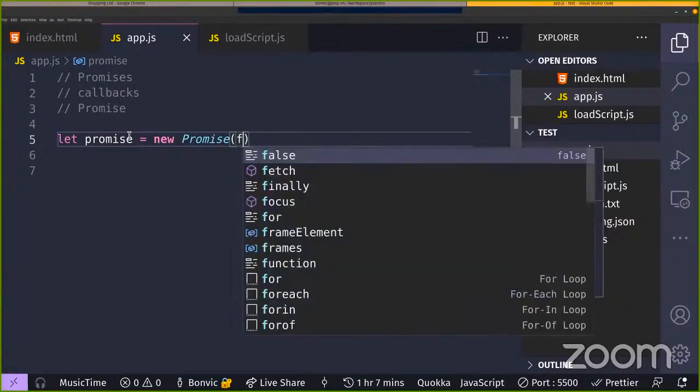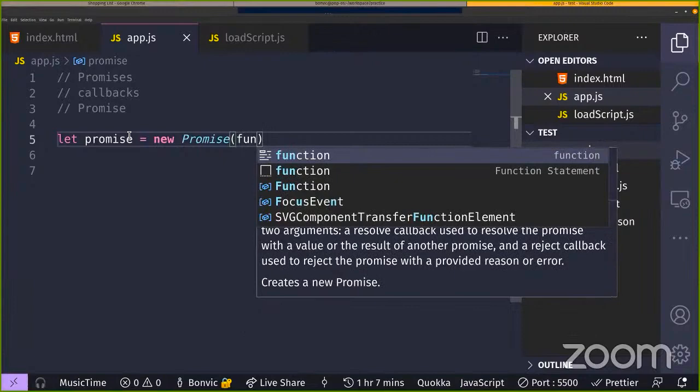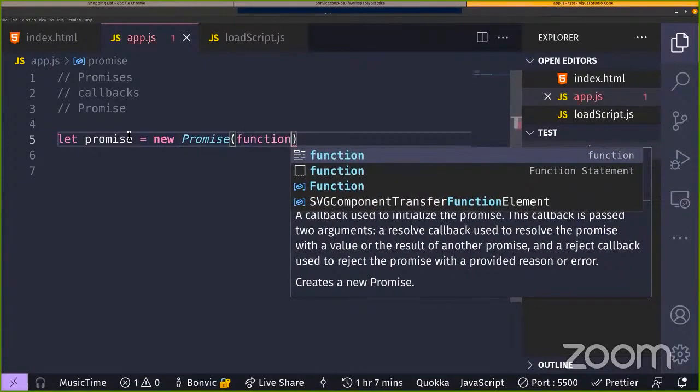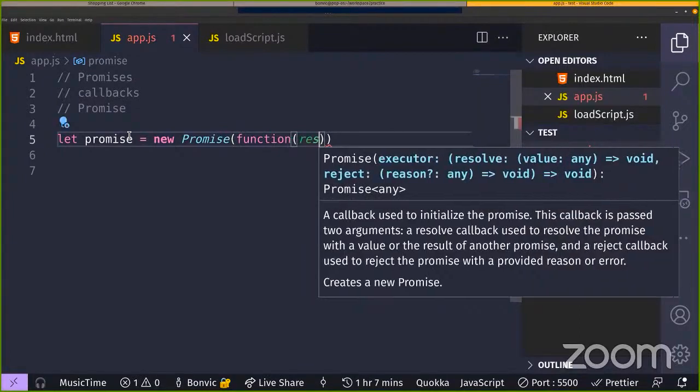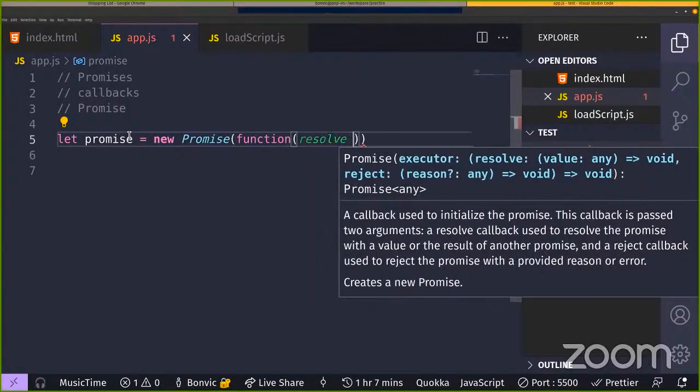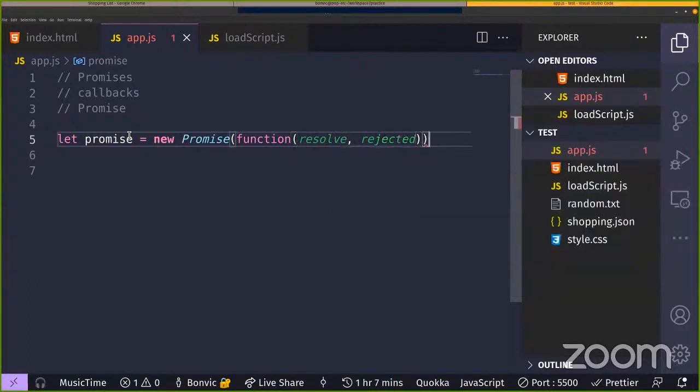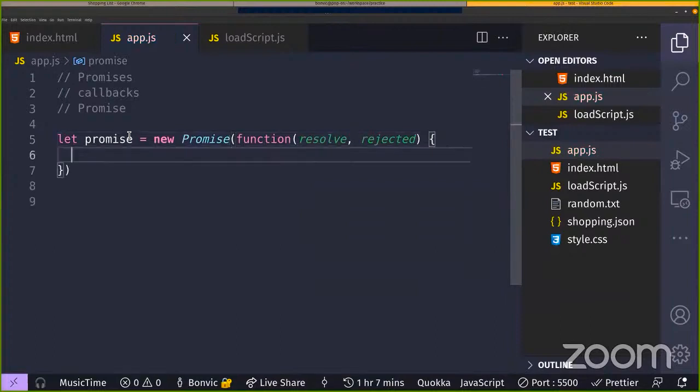So you can just do function, and then it will have resolve or reject. And then since this is our function, we also have to add curly braces. So inside here, you can just do anything that you want. So let's say, for example,